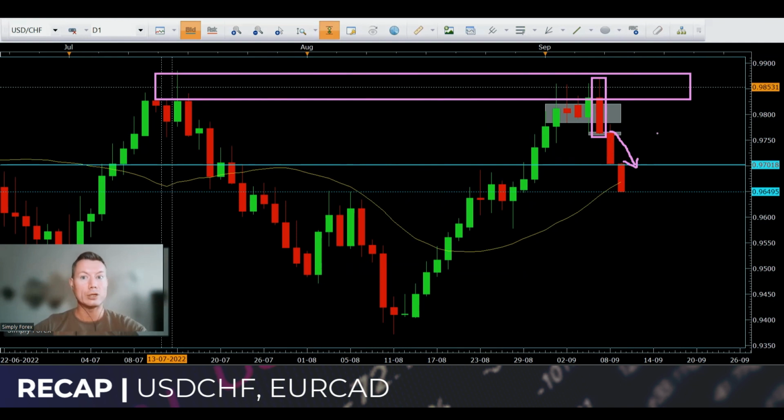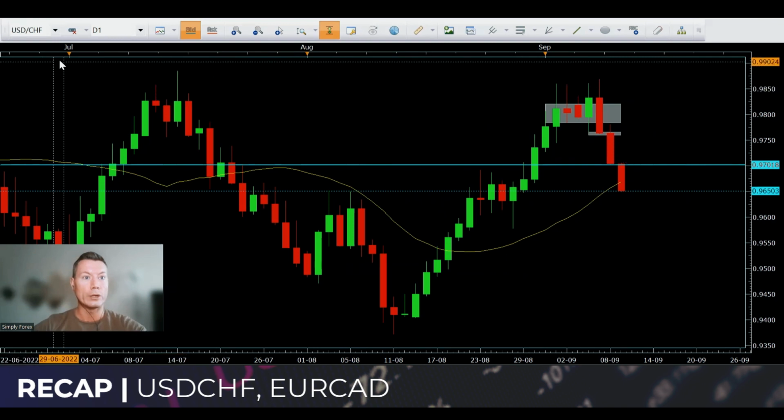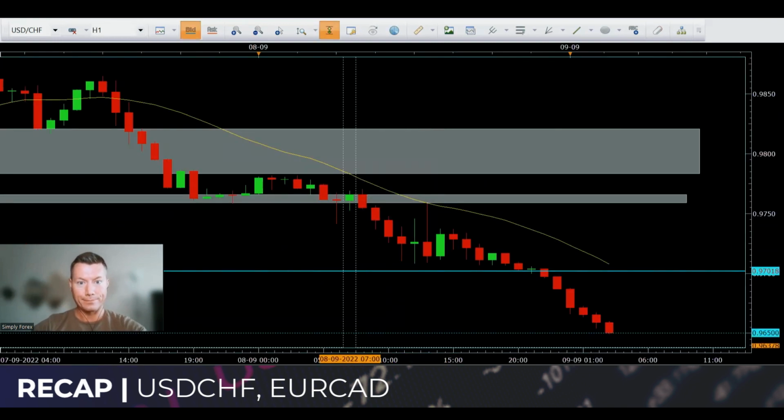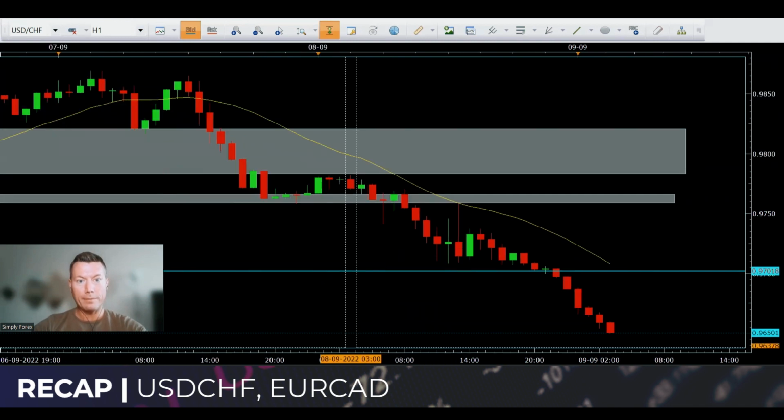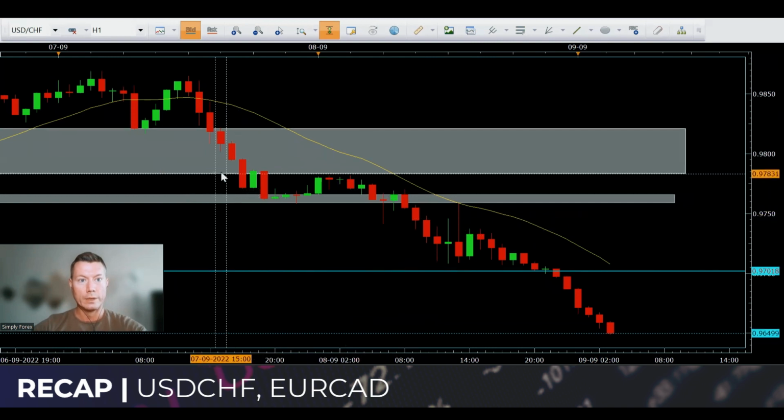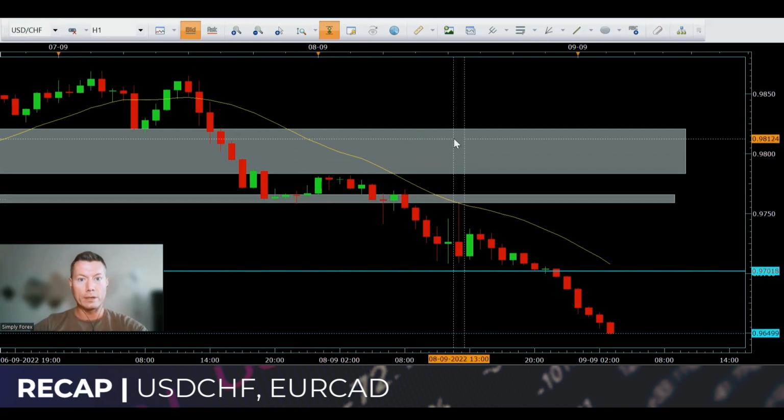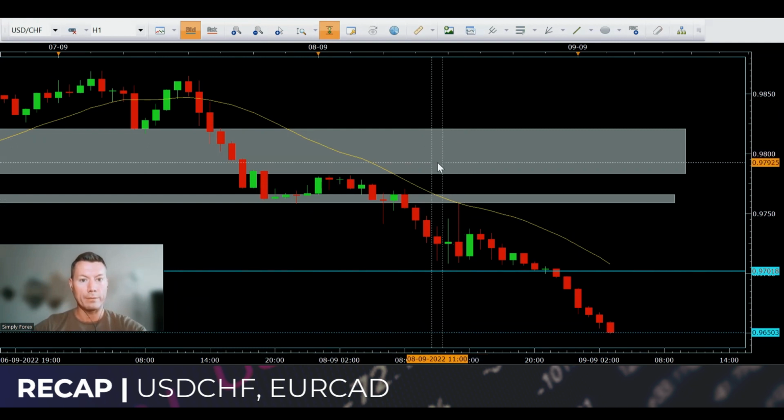We're just going to check the H1 now, guys, to see which candle we could get in on. So, H1, here we are. For me, guys, the entry candle was this. We had our two grey zones. Obviously, price didn't come up to this grey zone, so this didn't come into play. So we don't have to worry about that.